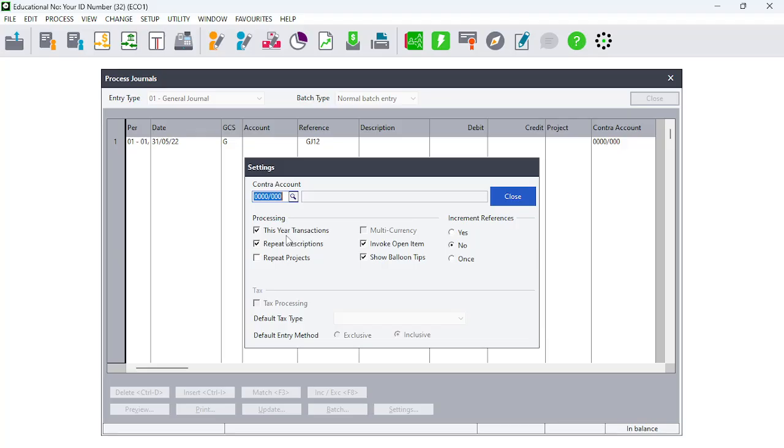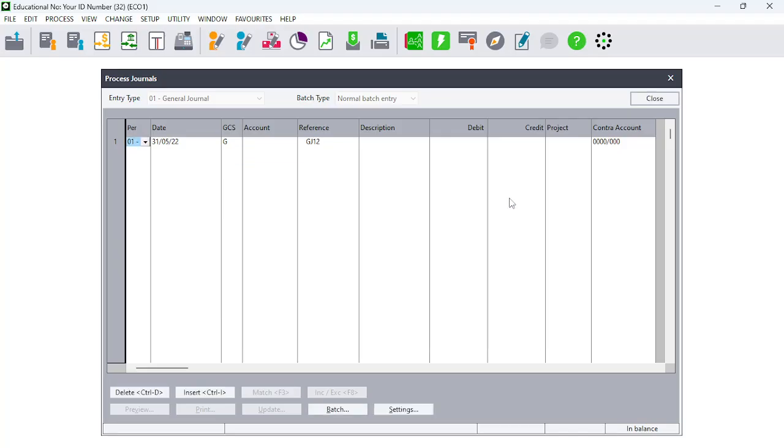It also says your first reference must start with CTS 01. That is your hint to say that you need to increment your references. So I'm going to change this. You're not compelled to, but you could. And I'm going to click close. By default, I'm on period 1. And you will notice that the date is there,